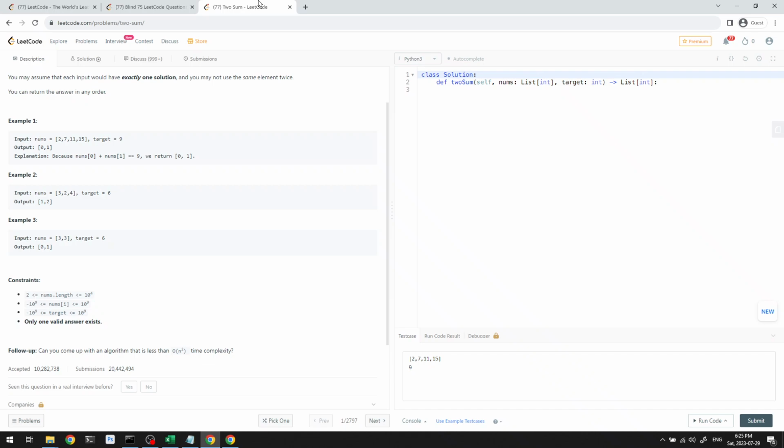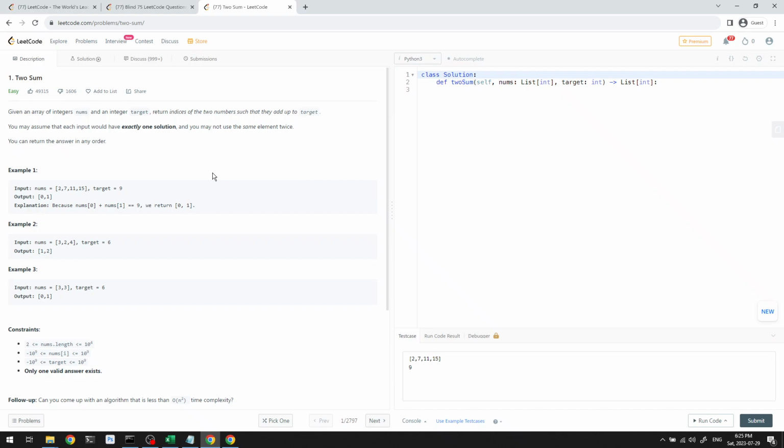So this one will honestly be my thinking process. Obviously, this two-sum problem, I'm sure a lot of you have seen it, but this is the way I would think about it. This video is going to be a little bit longer than I'm hoping, simply because I'm going to be going through my thought process. That's why it's long. But bear with me. It's just the first video, right? So the next one should be fine. But yeah, let's just go ahead and start off with the two-sum problem.